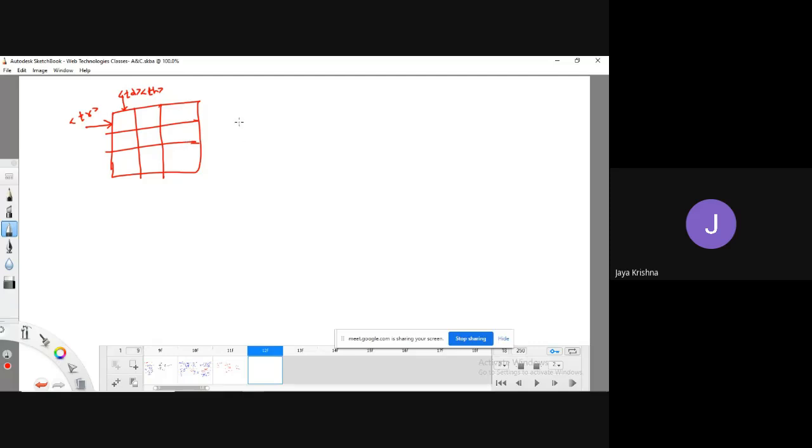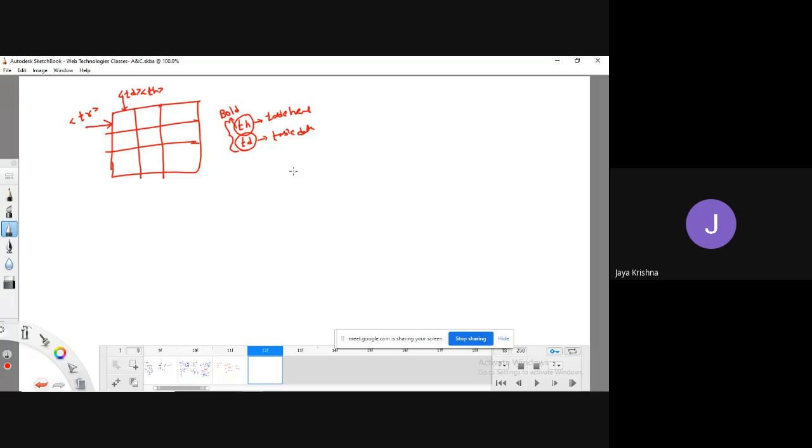The difference between the th and td tag is this one is meant for table heading, and this one is meant for table data. The only difference is the displaying format. The table heading is going to display in bold format. So every td or every th will act as one particular column.